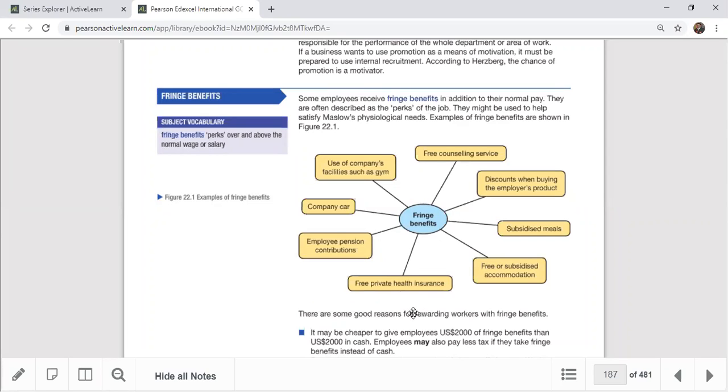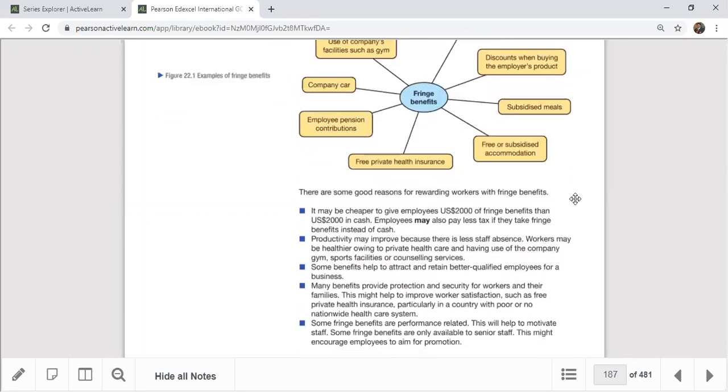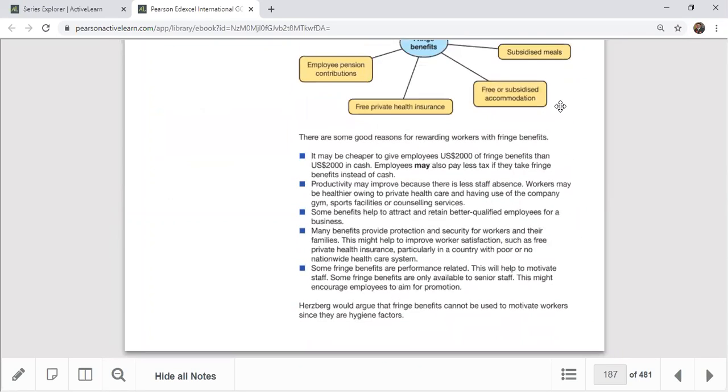Even the subsidized meal, you are getting the free food, but the organization has to pay for the food. Right? Company cars, you are getting the car free, but the company has to pay for the fuel and the driver. Like that, everything has a financial backup provided by the organization. They have to incur that cost. Therefore, this is financial. Only thing is that it is not directly coming to the worker. The worker will benefit from all these facilities, but at the end they get a benefit out of it.